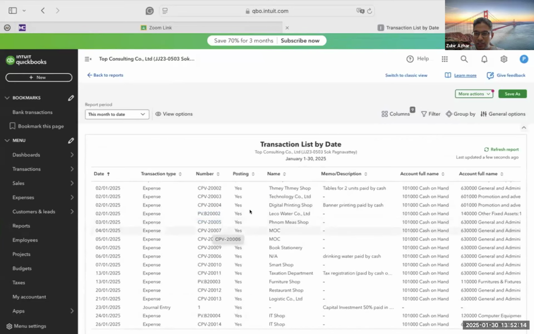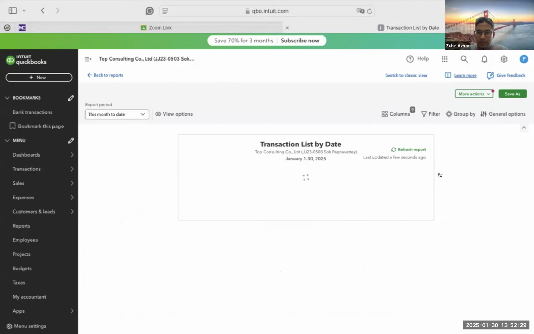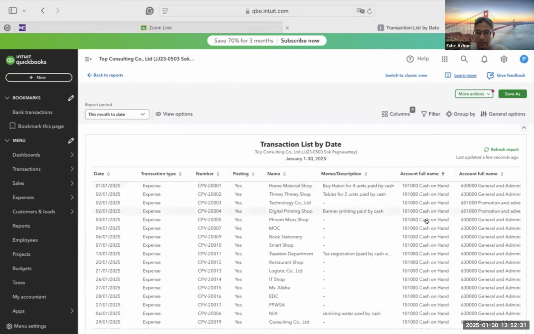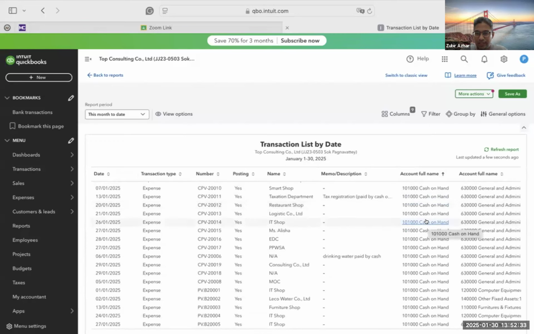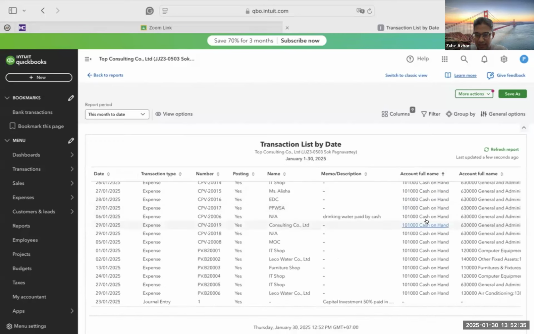And please pay attention to your account full name on the second last column. Do you see the second last column, account full name? Okay. So I think these are all charged to your cash on hand. Nothing is charged on your cash at Commerbank.